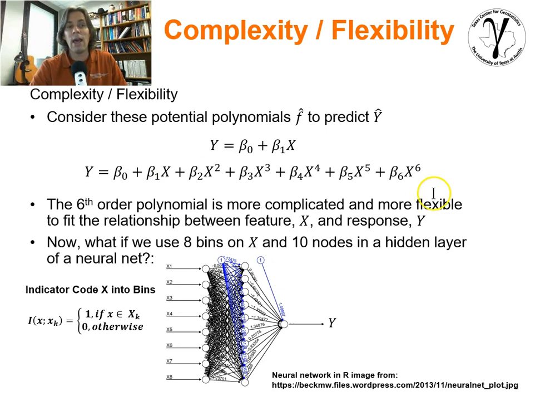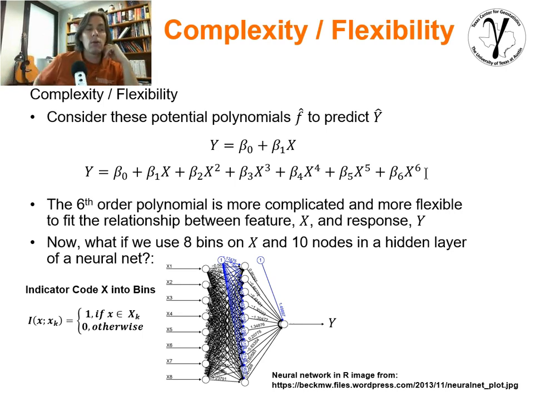We could also have a sixth order linear model using x at different powers with different coefficients to make a prediction. So in this case, we had to estimate 2 parameters, and we did not have that much flexibility. With this model, now we're estimating 7 parameters, and we have more flexibility. We're able to fit more complicated types of shapes in the data.